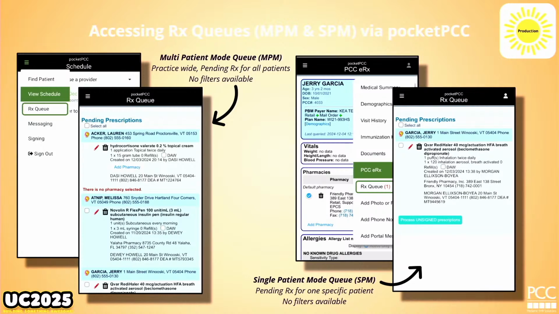There are no filters in Pocket PCC, but you do have a patient-specific queue that is only just that patient, and then it's only pending prescriptions. So when you go to the RX queue, if you're like, Morgan, why in the world? I have everybody's prescriptions, and I don't want to look at those. I know, there's no filters right now. But if there's a particular patient that you're after, just go to their chart, and you can look at that patient-specific queue in order to process that pending prescription. This individual patient-specific queue is available in the EHR, and some of you might have used it, not necessarily knowing. If you like to prep a couple prescriptions and send them, you might be going there today.